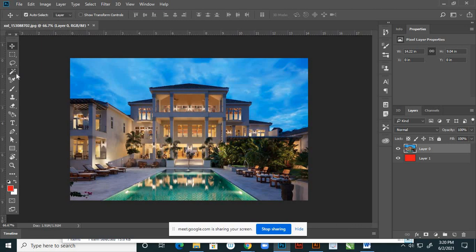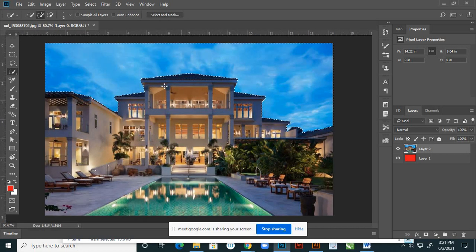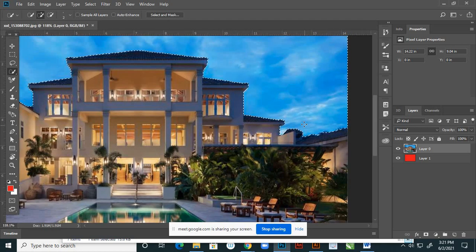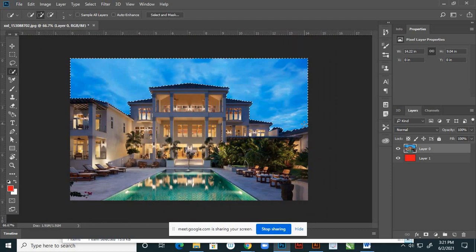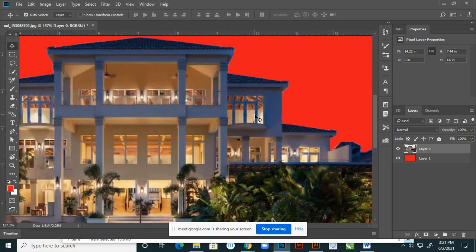So I want to select this with the quick selection tool. This time I'm selecting the background because it is very easy to remove, instead of selecting this whole thing inside. Yes. So after that delete, Control D, right? Perfect. Very nice.